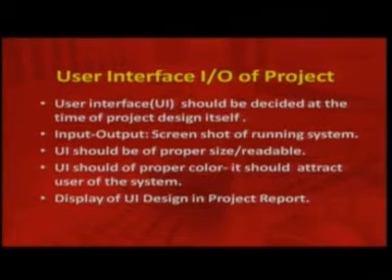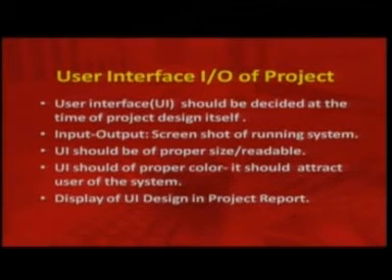User interface is one of the key components, and you have to take care of that also. Whenever you are designing a user interface, take care of the size, the color and the readability. Text and user interface both should have proper font size, color and readability, and the user interface should have some kind of pointers or helping guidelines available, so that they can be used for proper usability of the system.